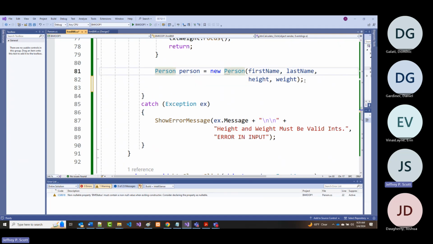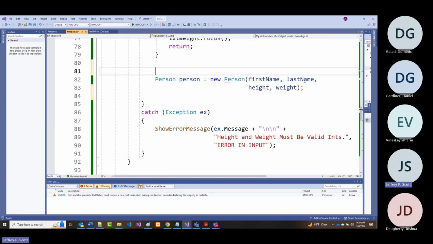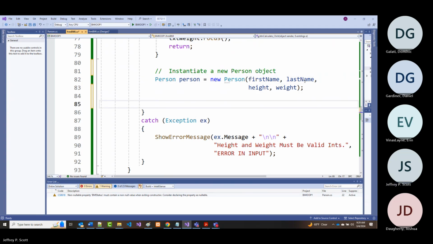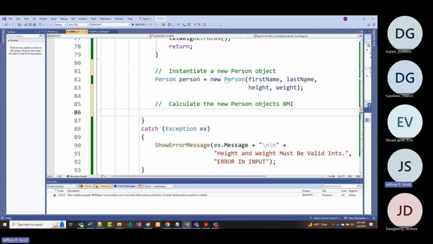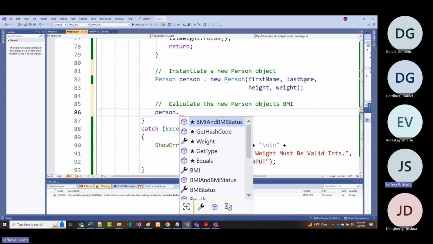So I'll put in a comment here that says instantiate a new person object, because that's what I'm doing. This will be calculate the new person object's BMI. So it'll be person dot,